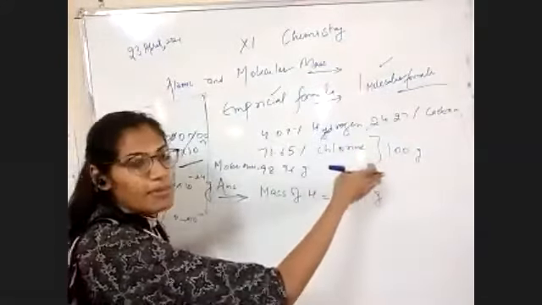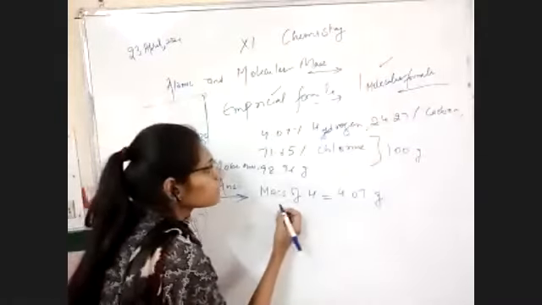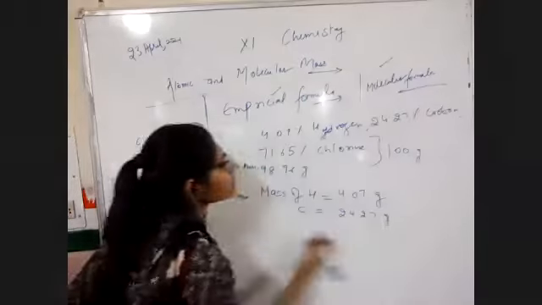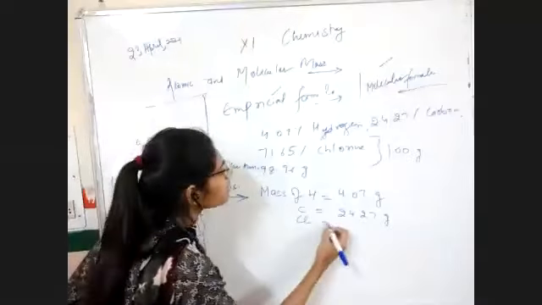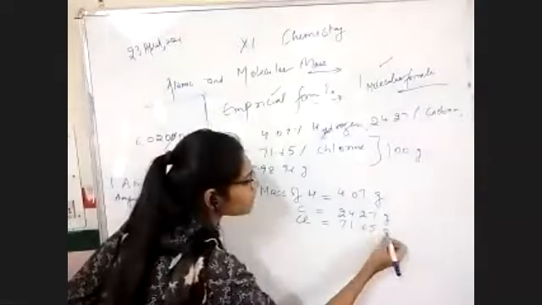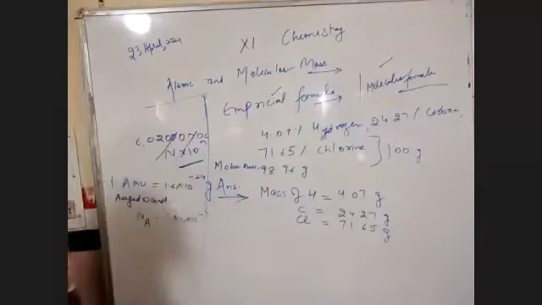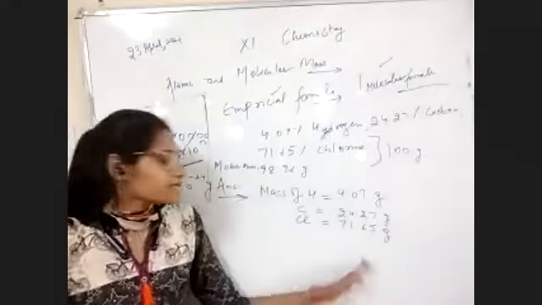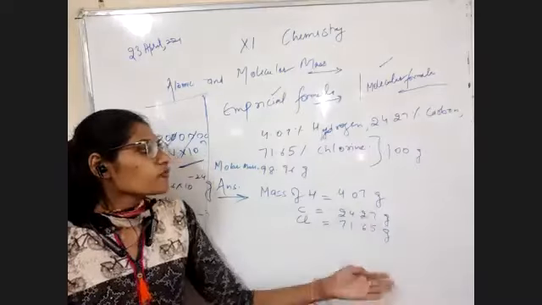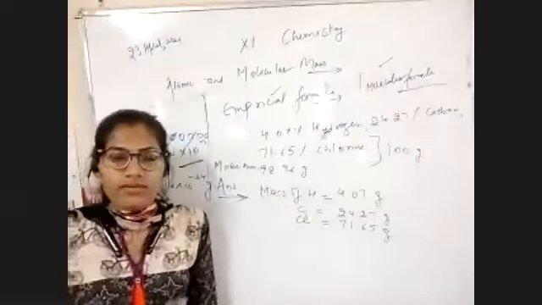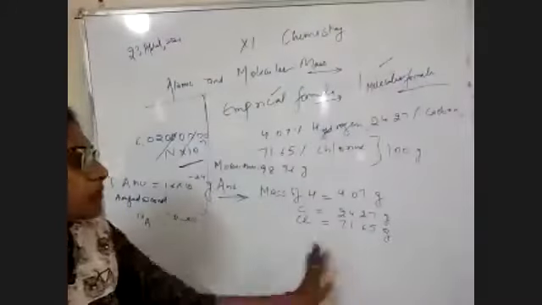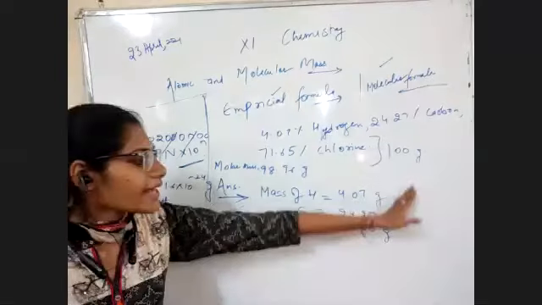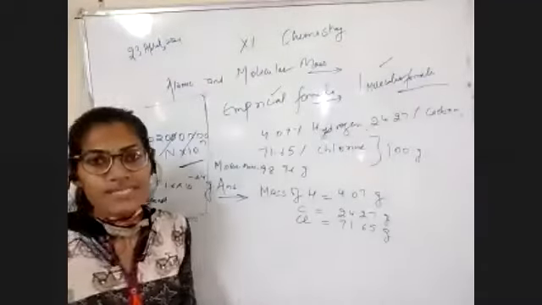I hope I'm clear about this particular point. Mass of carbon would be 24.27 gram. Mass of chlorine would be 71.65 gram. If we sum up all three quantities, 71, 24 and 4, what would we get? We get 100 gram. Okay, so we have done very well. There should be no problem in this point. Just with the help of percentage composition, from 100 grams we have converted them into grams. This is our first step.